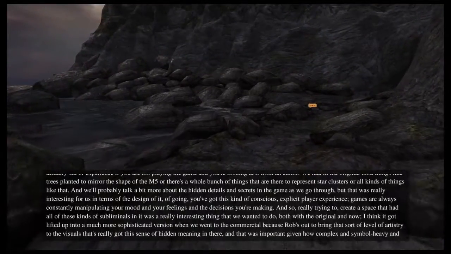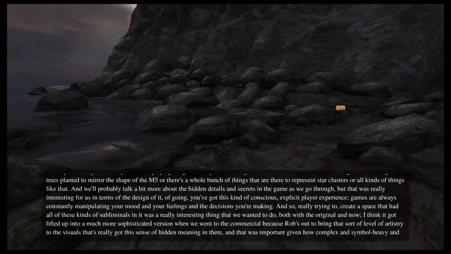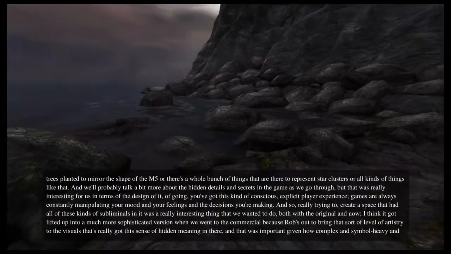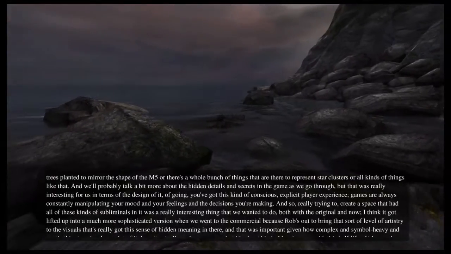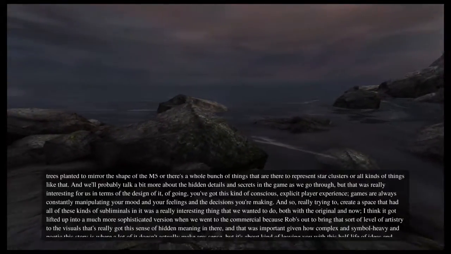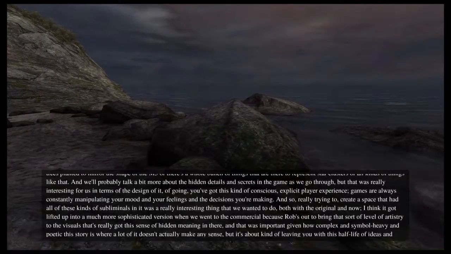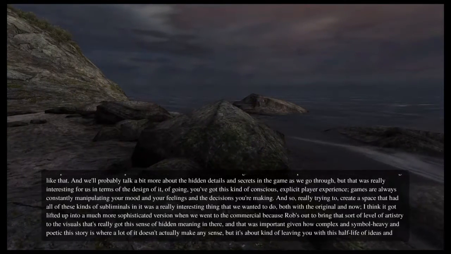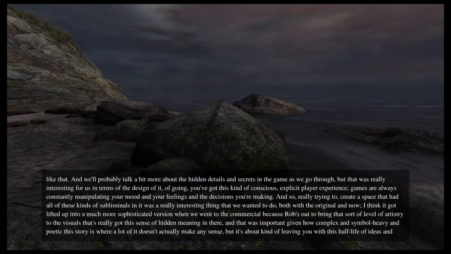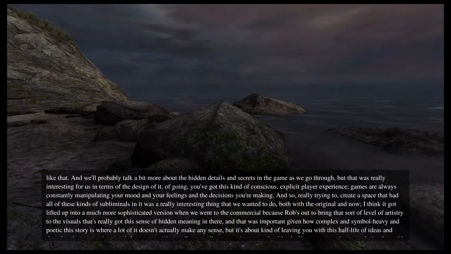And so really trying to create a space that had all of these subliminals in it was a really interesting thing that we wanted to do, both with the original, and then I think it got lifted up into a much more sophisticated version when we went to the commercial, because Rob was able to bring that level of artistry to the visuals that really got that sense of hidden meaning in there.